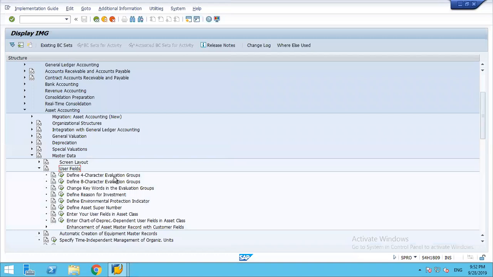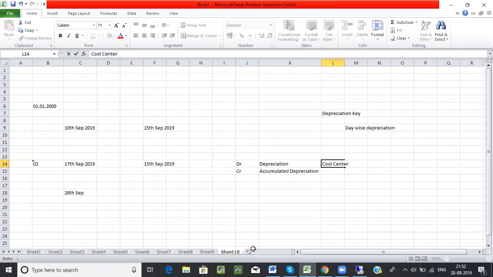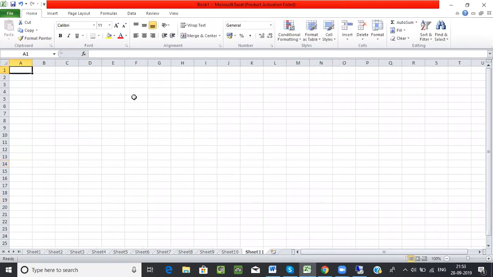So evaluation groups. These are the fields that you can see in our asset master. You can see asset super number. Asset super number. What does it mean? It means it is kind of a group of assets. If at all we want to see what exactly this thing is, if I say, okay, I have super number